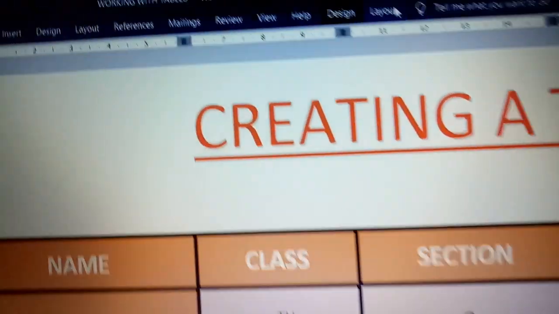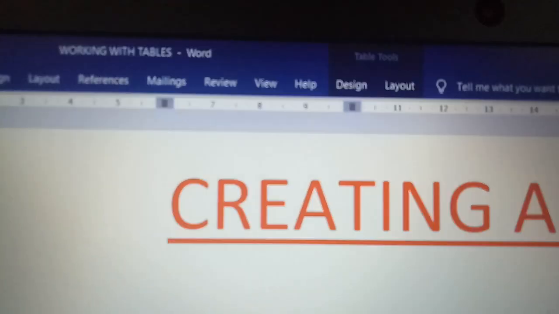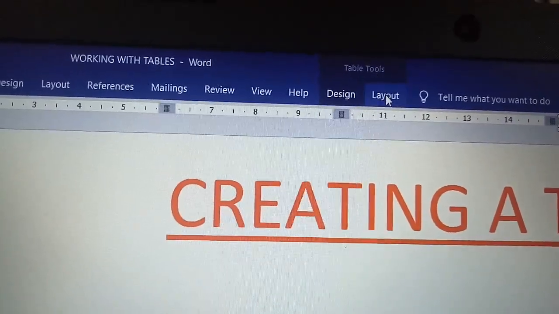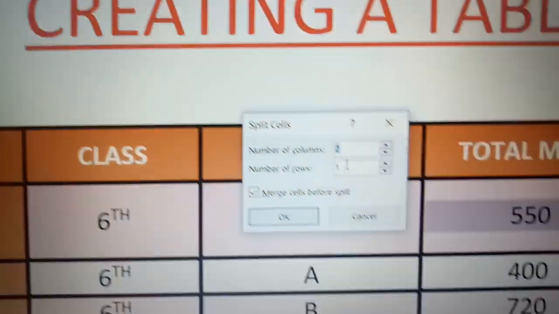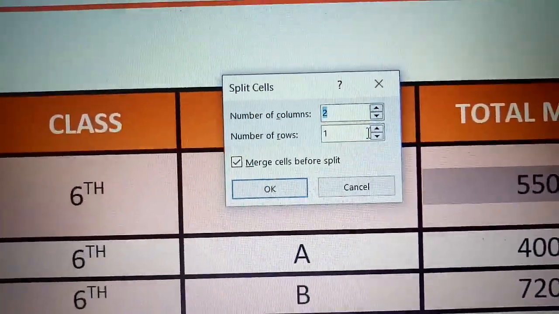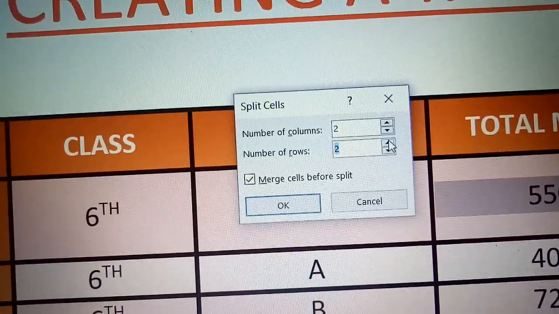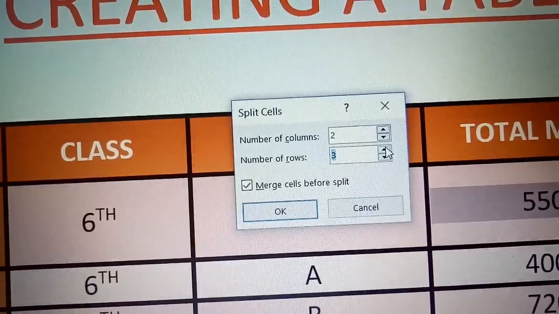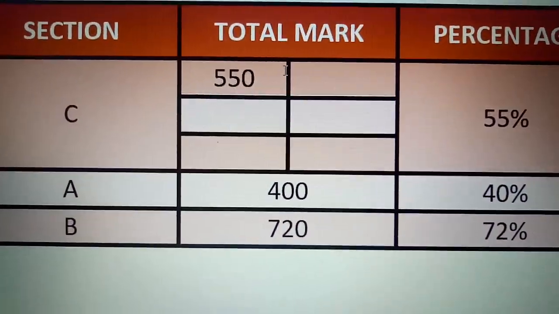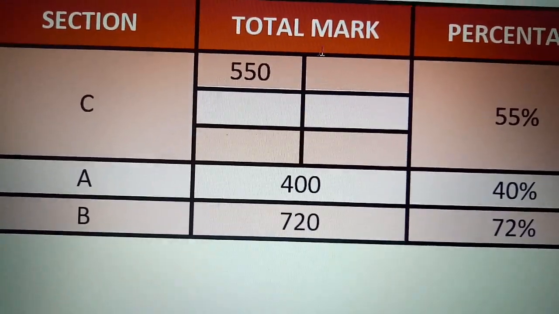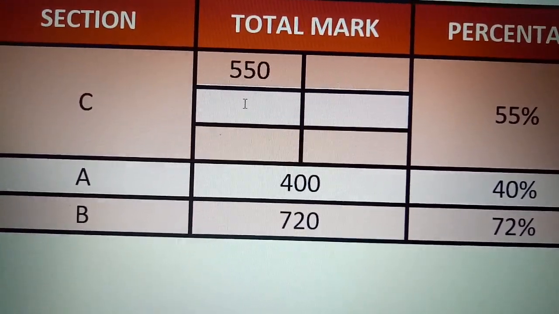Now the same thing row wise I will split. So after selecting that, we'll go to table tools, layout option, split cells, and then row wise I need it, let us say 3 rows, right? Click on OK. See, column wise I had already divided that, and this is row.